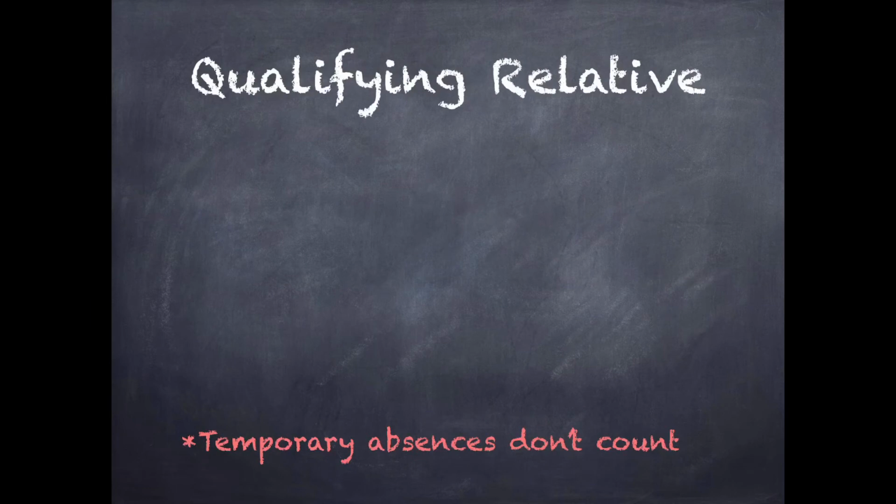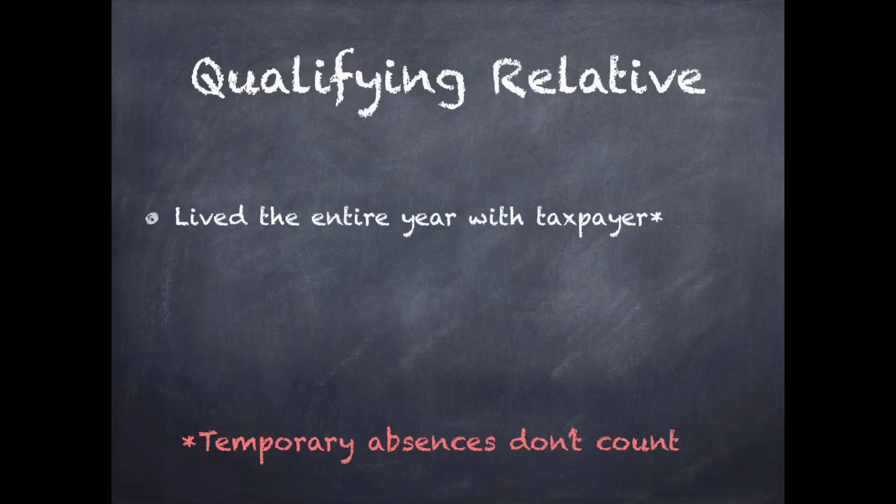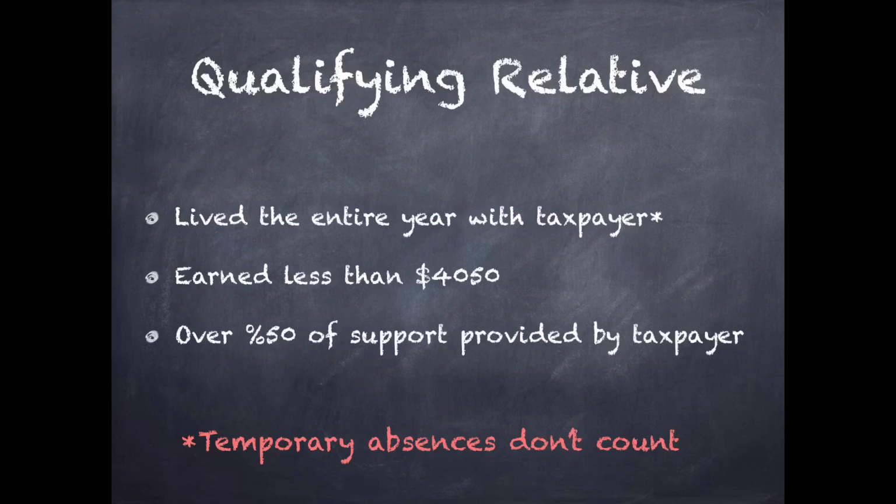Now, if you don't have a qualifying child, you can still file as a head of household if you have a qualifying relative. It's someone that lived with you the entire year, not just 6 months, not counting temporary absences, earned less than $4,050, and you provided more than 50% of the support. In most cases, that's like your girlfriend or your boyfriend. You're not married yet to file a joint return, but you paid their bills, so you can claim them as